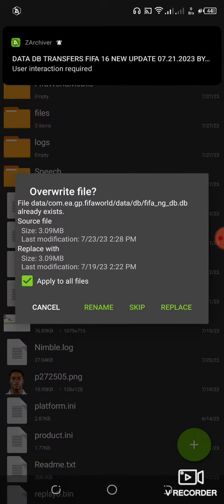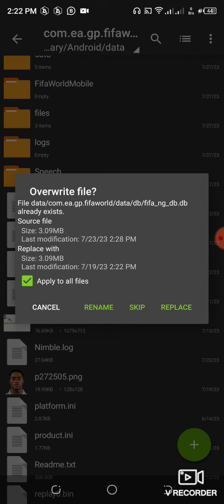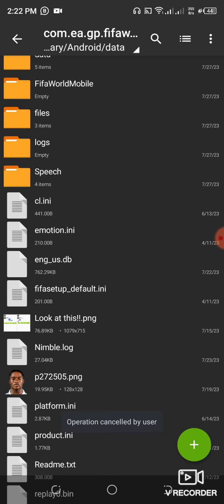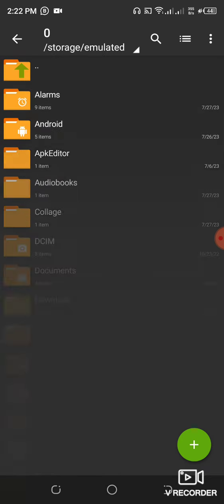You click on apply to all files and you replace. Don't skip, replace. If you don't do this one, you start having multiple files on your game. It might crash later. So you just apply and you replace. I don't need to do that, so I'll just go back. Then again,